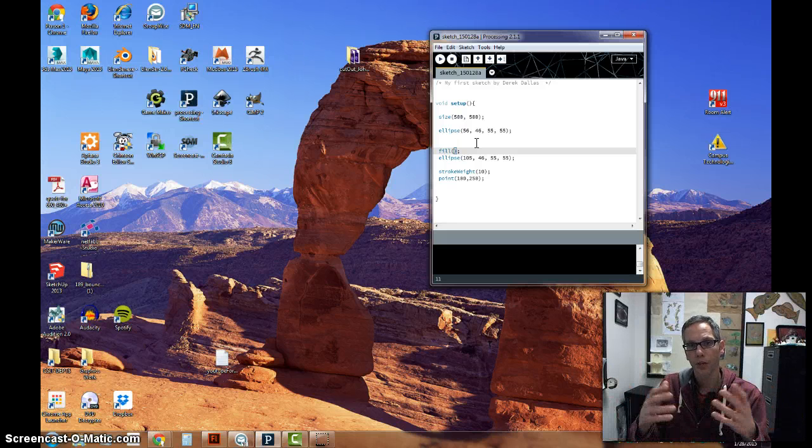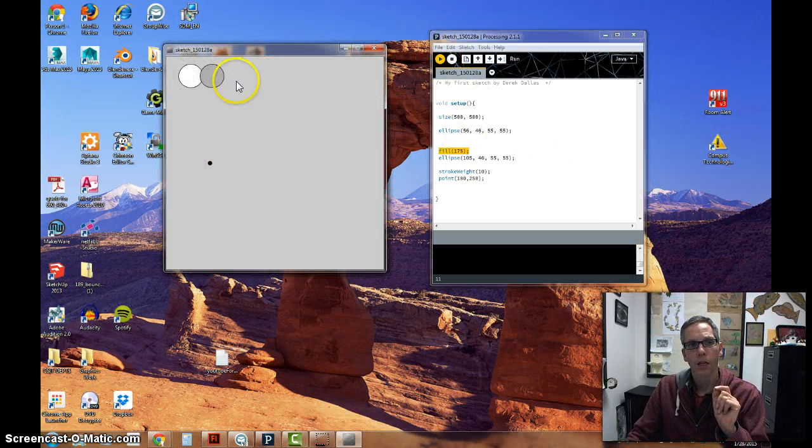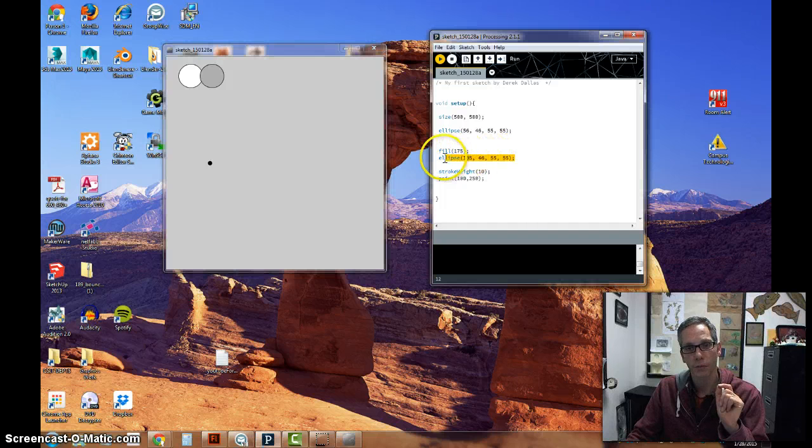Currently it's white. But if I go somewhere in the middle, like 150, let's say 175. If I put a number 175 here, this little command is going to take that number and interpret that number as a value of gray. And so if I was to run that, because I didn't specify it before I drew the first one, and I specified it after this one was drawn, and then I specify the fill color, then I draw the object,